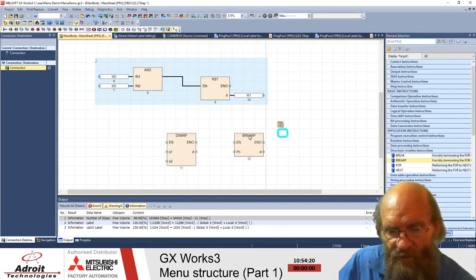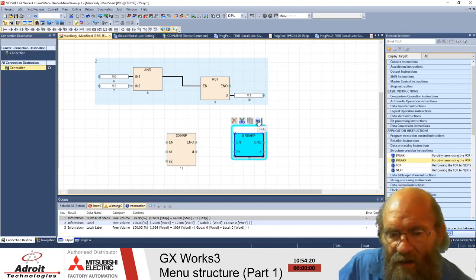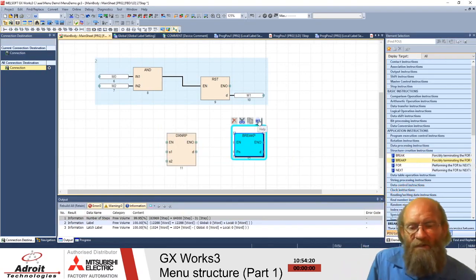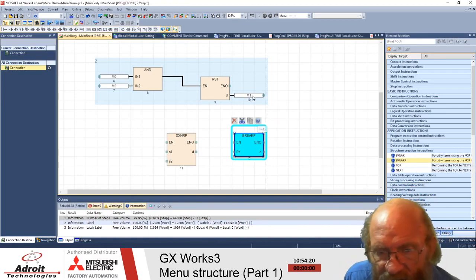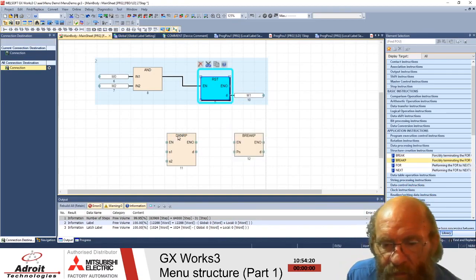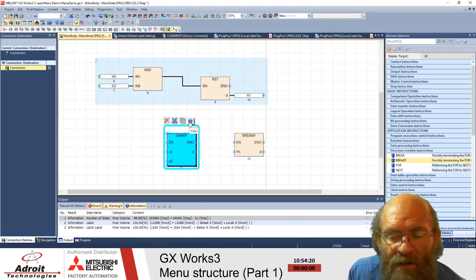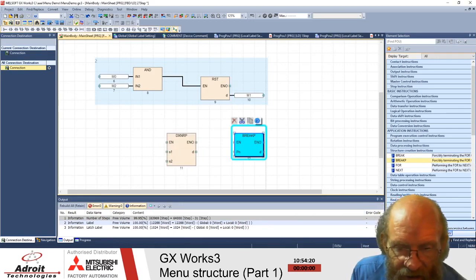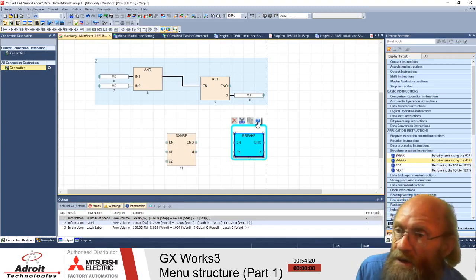There's some interesting function right there. Take note of the help button, top right, on every single function. If you don't understand what goes on in there, click on that button and your e-manual viewer will open